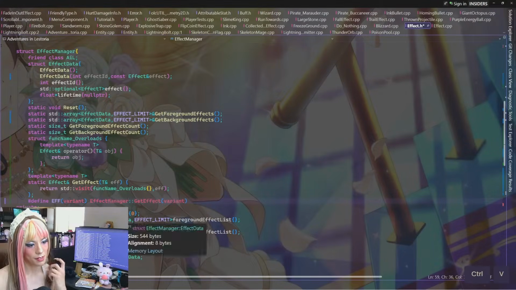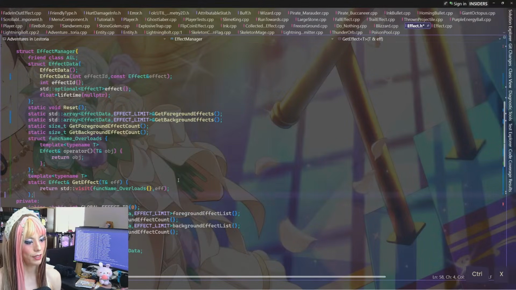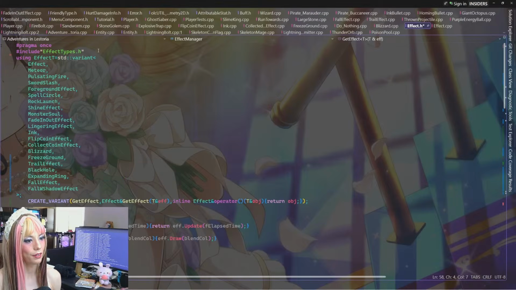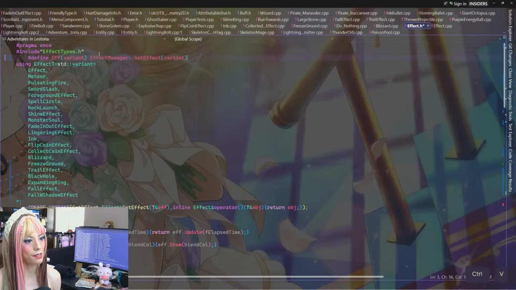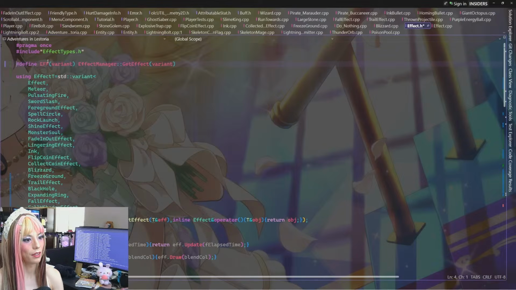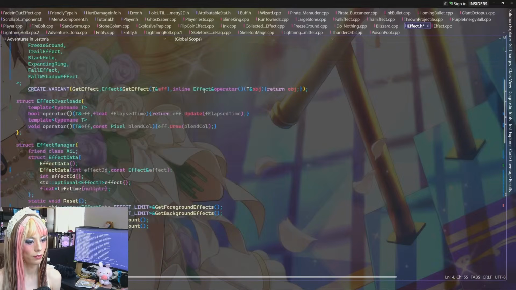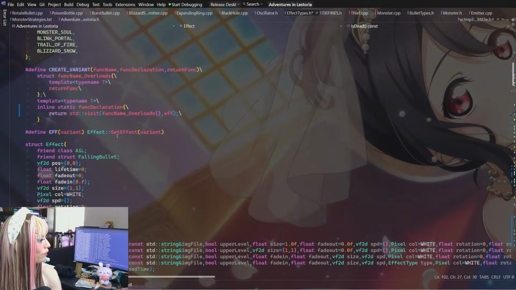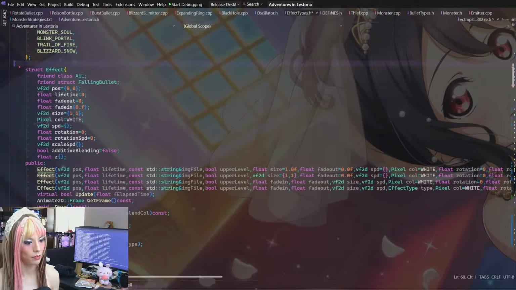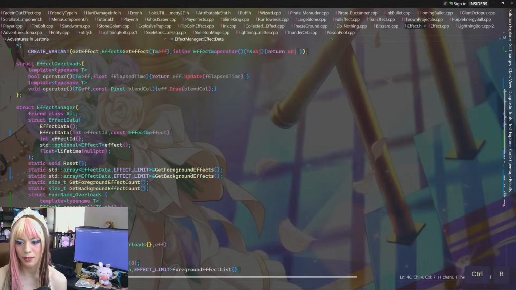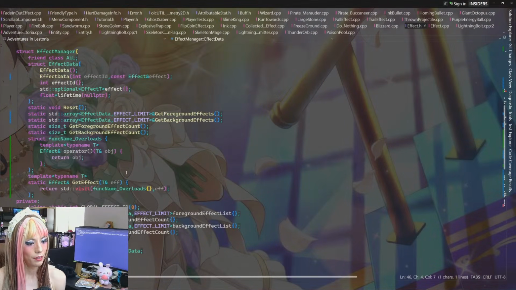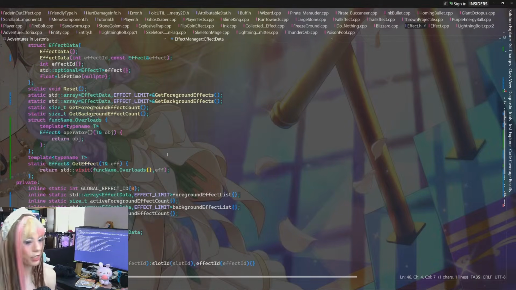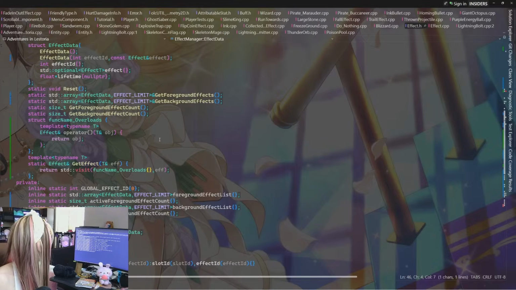Get effect, which I can define at the top of here, I guess. So that's just my theory: maybe once all the types are known, it might actually be able to generate something.